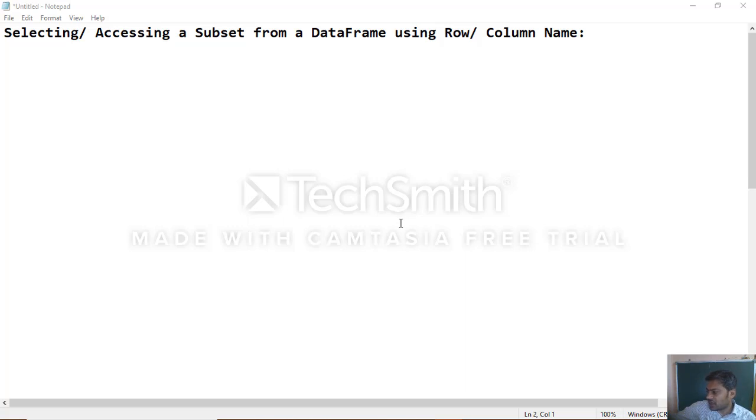To access rows, or a combination of rows and columns, you can use the following syntax to get a subset from a data frame object.